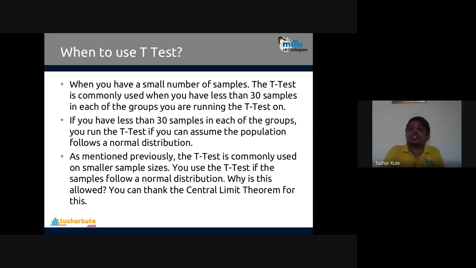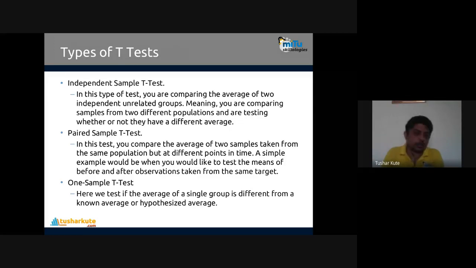As mentioned previously, it's commonly used on small sample sizes. You can use this test if the samples follow the normal distribution. Last semester we talked about the central limit theorem. According to the central limit theorem, if you just revise it, whatever number of classes you create, it will become more and more normally distributed, creating more and more of a bell curve. Using that bell curve, normally distributed data, the t-test will provide the most accurate results. We'll check it practically also, whether the bell curves are generated and whether the data is normally distributed or not.